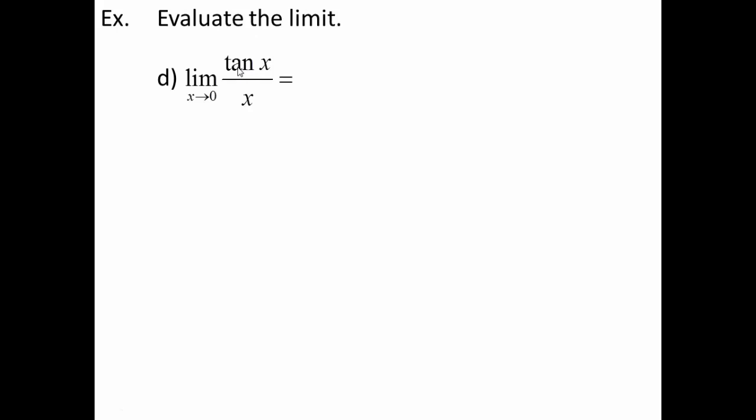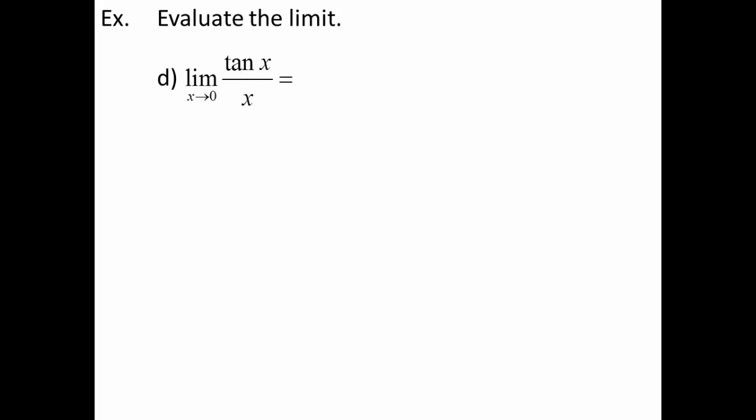Now here we have, again, the same format, but instead of it being sine, it's now tangent. So does that mean the answer is still 1, or is it something different? The point is, the only thing I know is sine of x over x. I can't just assume that this is the same. I have to relate this back to sine of x over x. Well, good news is I know that tangent is directly related to sine using my quotient ratio, sine over cosine.